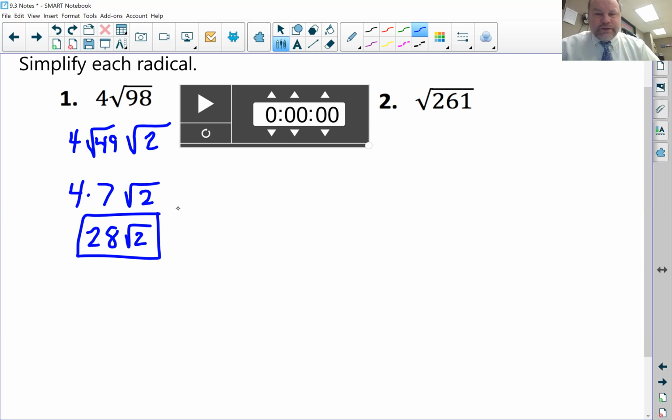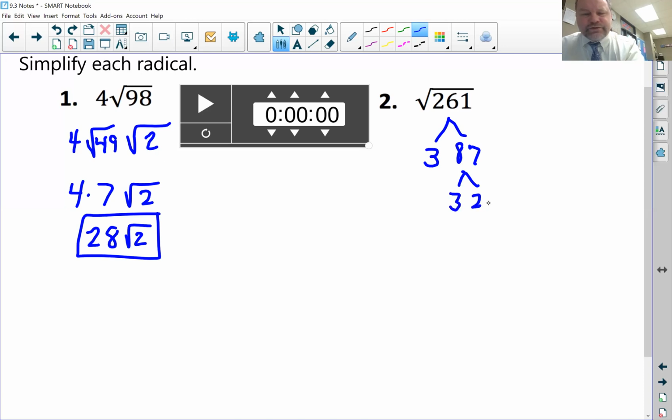261 is not evenly divisible by 2 because it's not even. But if I add the digits, 2 plus 6 is 8, plus 1 is 9. That means 3 is going to be a factor because 9 is evenly divisible by 3. And if we try 3 into 261, we would get 87. 87 is evenly divisible by 3 because if I add the digits, they add to 15. 15 is evenly divisible by 3. So 3